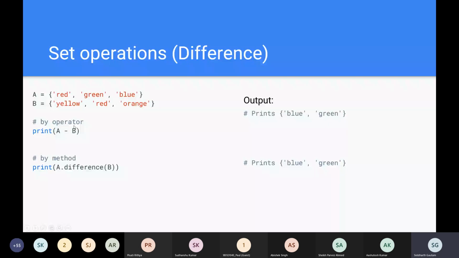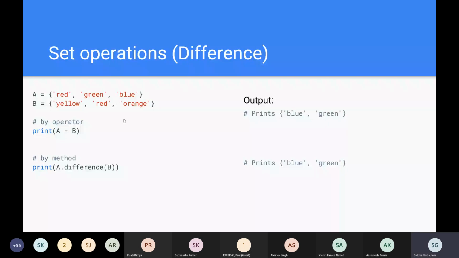Somebody just asked me if we can concatenate two sets, but we cannot do that. As Python also threw us an error, you cannot do A plus B, but you can do A minus B. That's because set supports the difference operator natively. And the other way of doing this is that you can just use the difference method, like A dot difference B.